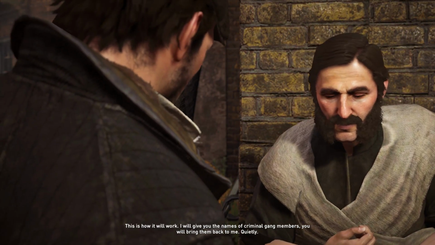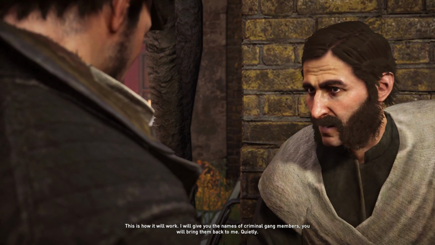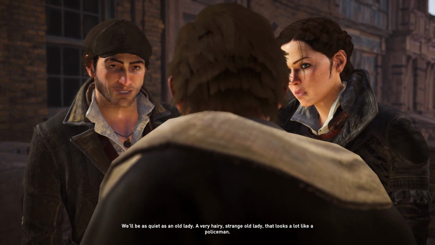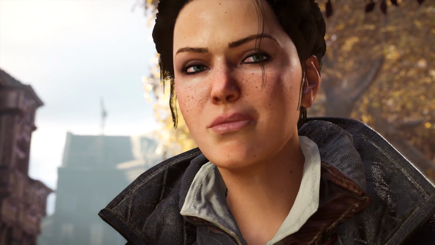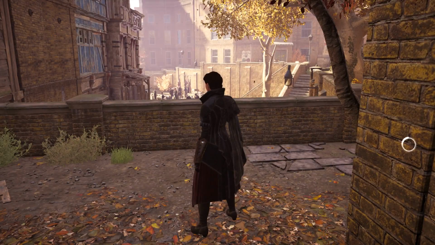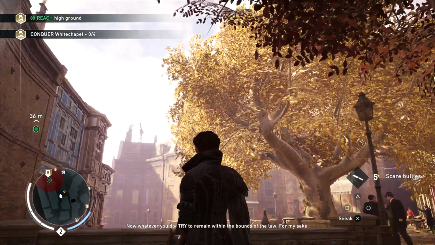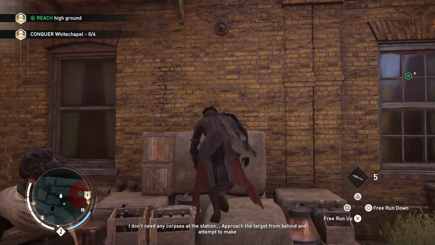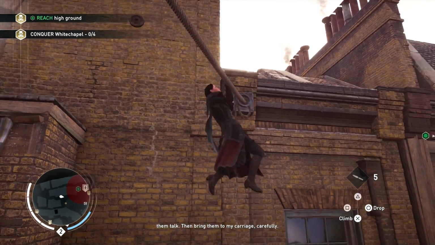This is how it will work. I will give you the names of criminal gang members. You will bring them back to me. Quietly. Oh, we'll be as quiet as an old lady. A very hairy, strange old lady that looks a lot like a policeman. Now, whatever you do, try to remain within the bounds of the law, for my sake. I don't need any corpses at the station. Approach the target from behind and attempt to make them talk. Then bring them to my